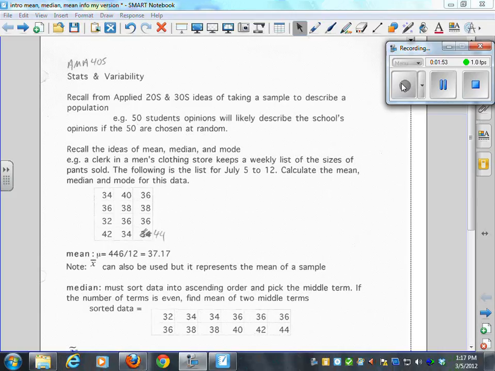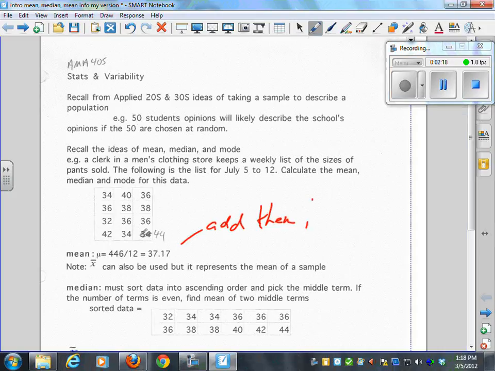Okay, so remember the ideas of a mean, median, and mode. I'm just going to review these with you here. For example, a clerk at a men's clothing store keeps a weekly list of the size of pants sold. The following is the list for July 5th to 12th. Calculate the mean, median, and mode for this data. So here's all the data. Okay, we're talking waist size here, right? The mean. How do you find the mean? The mean is the average. It's the one where you add them and then divide. That's what the mean refers to, right? So you'd add these all up, and you get 446, and you divide by 12, and you get an average